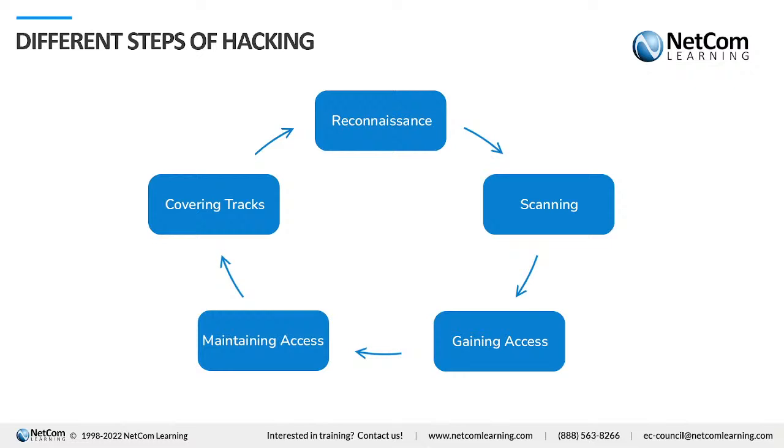That is also possible. So in scanning phase, attacker's objective is to identify the alive systems, and then he will try to identify the open ports, and then the running services on these ports and the service versions, and then he will try to identify the vulnerabilities that exist on these systems, on these services actually,